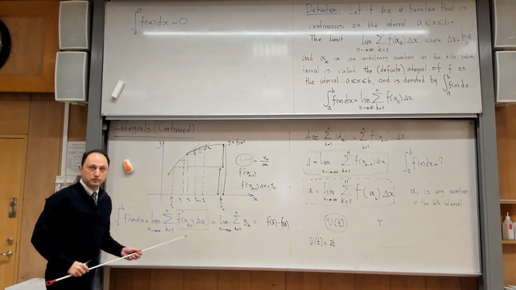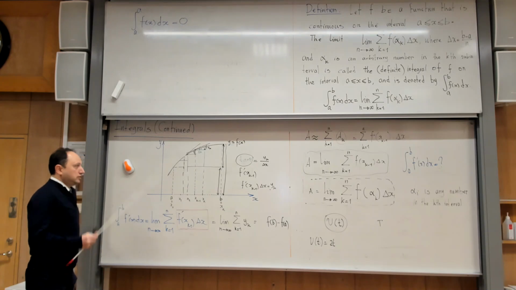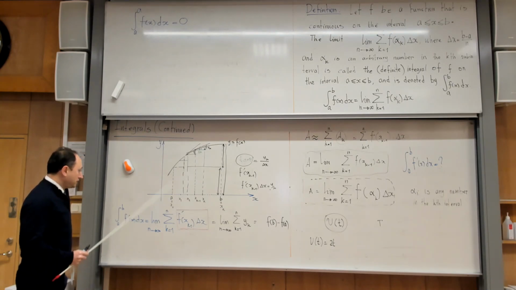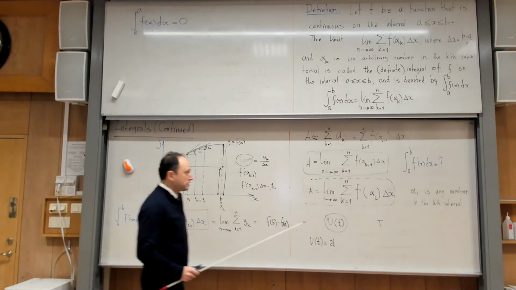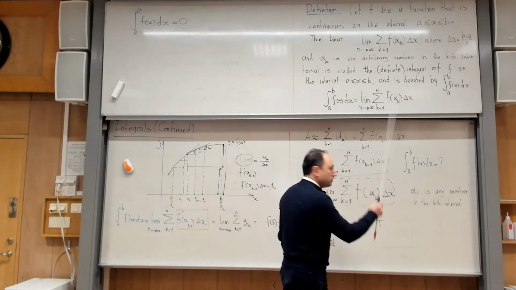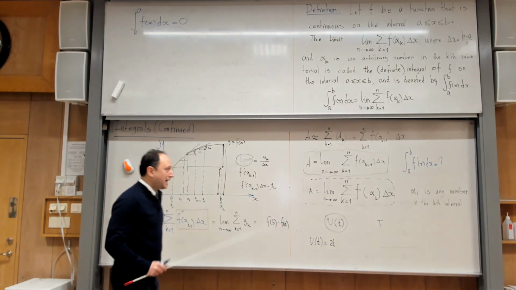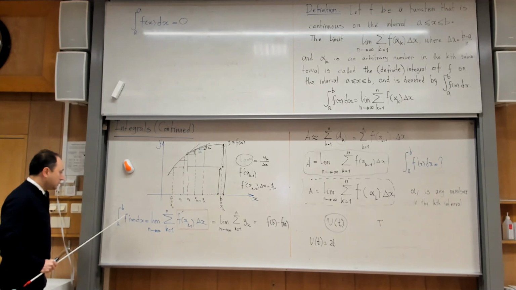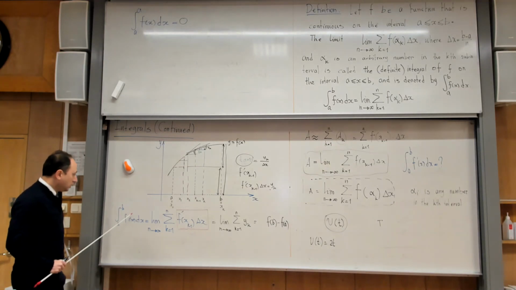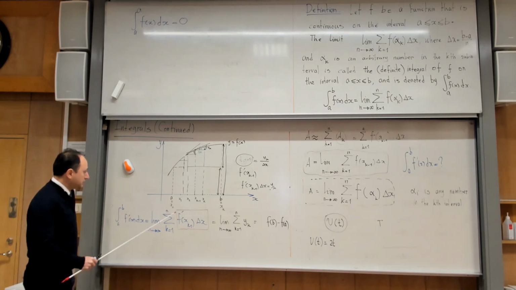Yes or no? So you see, Newton was actually smart to understand that for one particular case, I can calculate this very easily. And that is the case when this function is the derivative of a function. Because when I replace the derivative of a function in the definition of the integral,